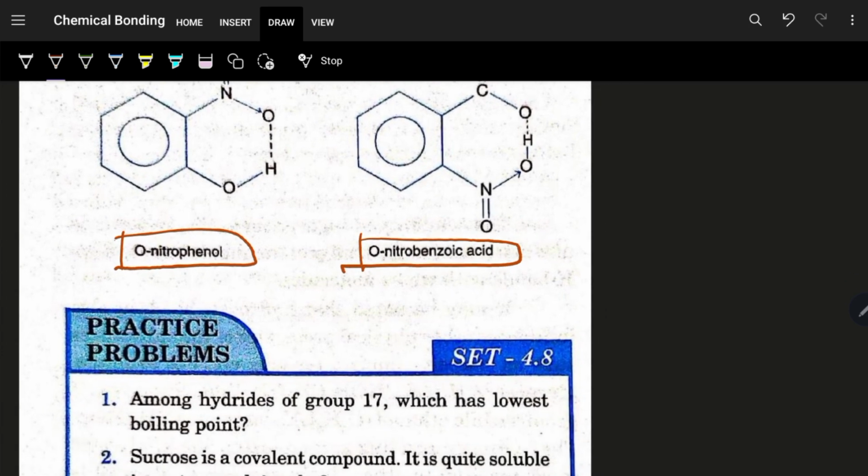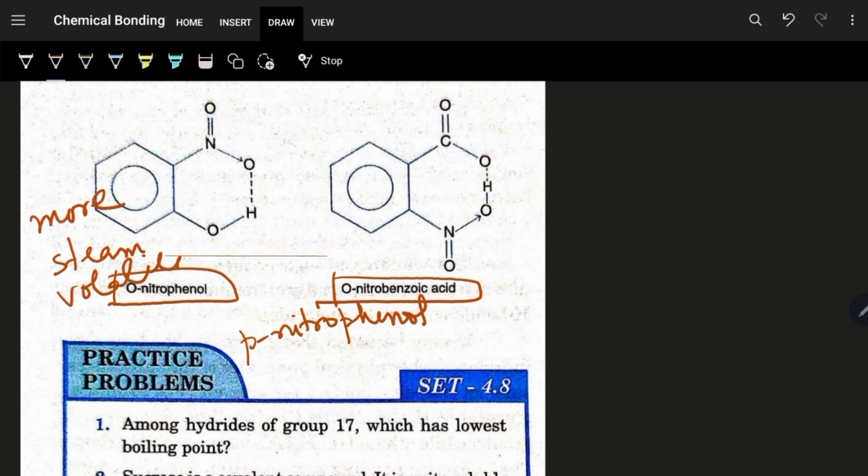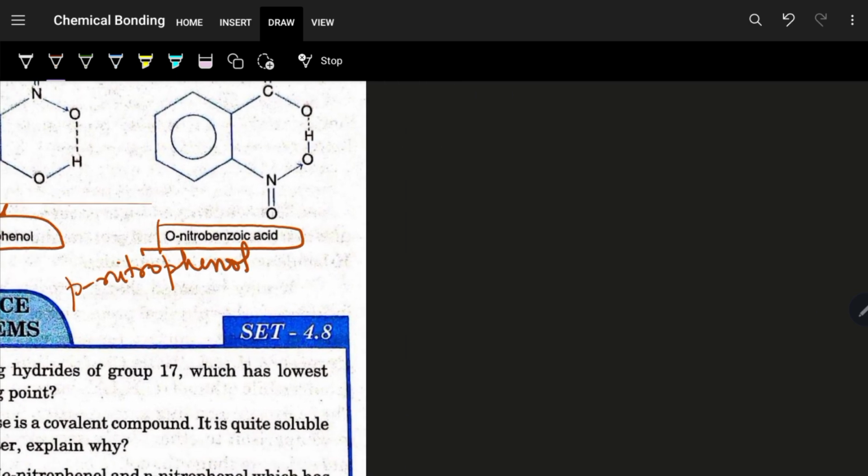You know, there is a question: out of O-nitrophenol and P-nitrophenol, which is more steam volatile and why? So O-nitrophenol is more steam volatile than P-nitrophenol, because P-nitrophenol forms